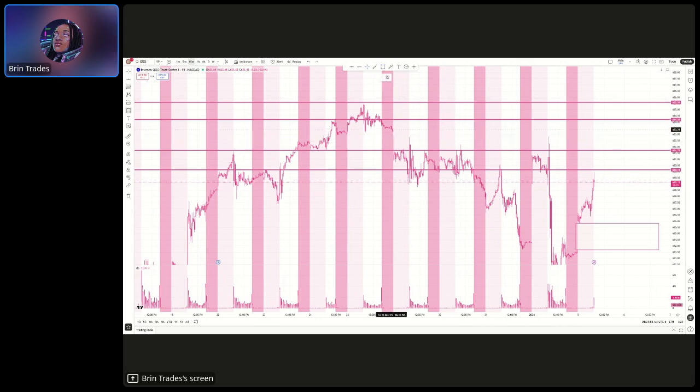There's another gap right here that I did not notice. See? Never know. And then the price target from here would be